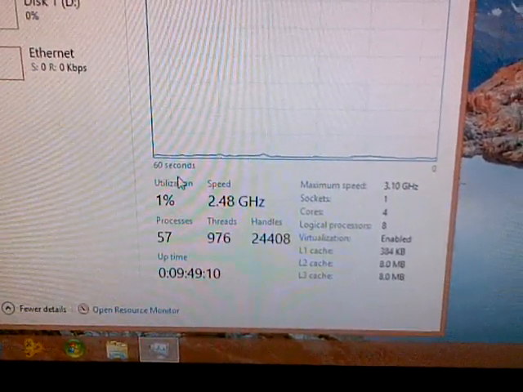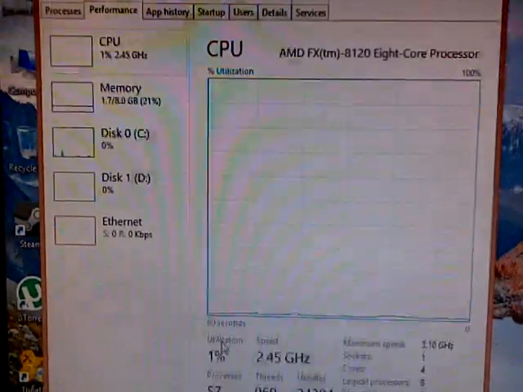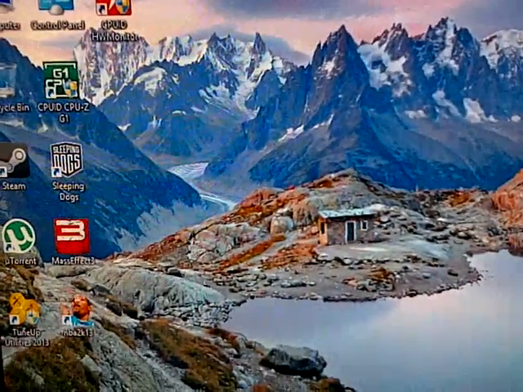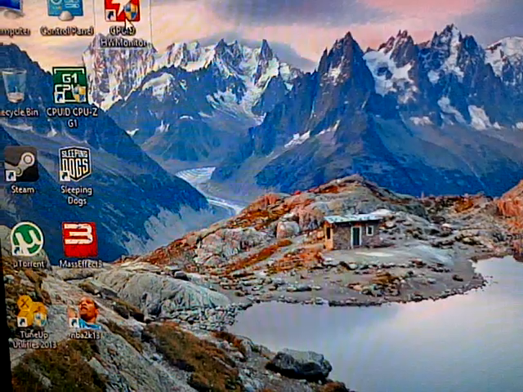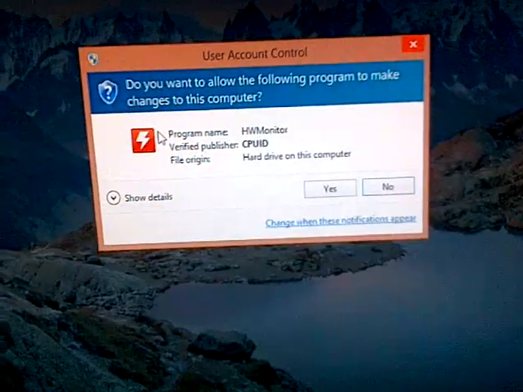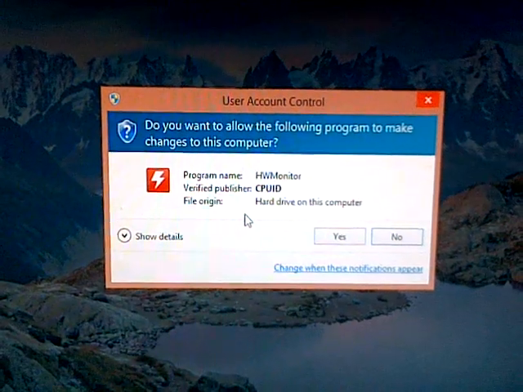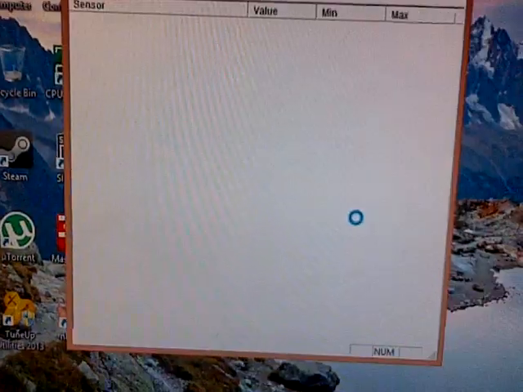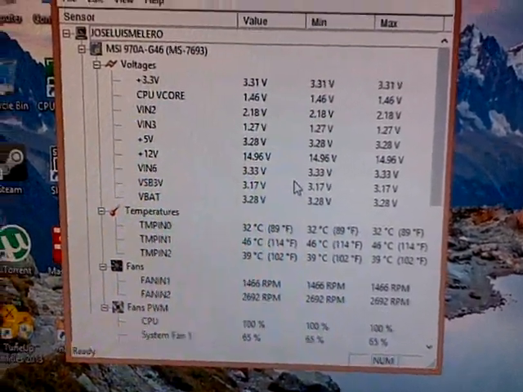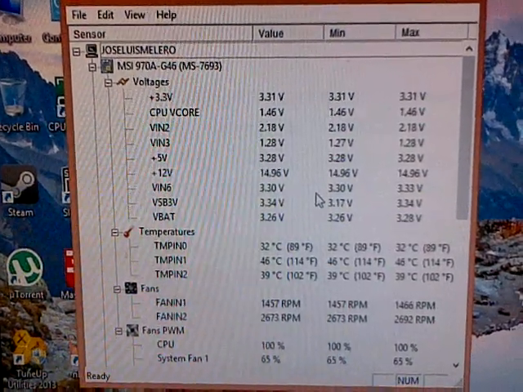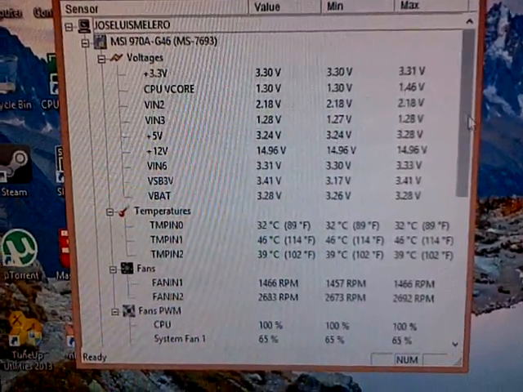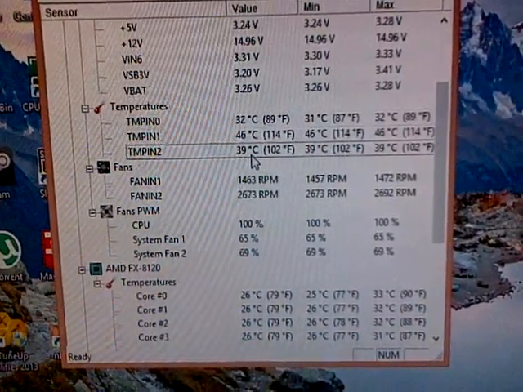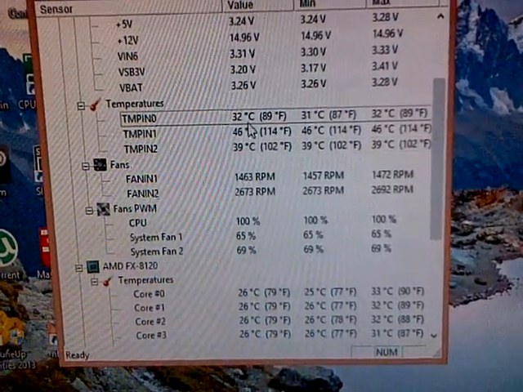It's incredible. It's able to keep my CPU temperatures well under, in the 30s. Sometimes it'll bump up to the 40s, but it usually stays. I'm using a program here called CPUID HWMonitor, and it's going to show you the temperatures. I'm going to pinpoint the temperatures. These are the voltages for my MSI 970A-G46. A little down, these are the three temperatures for all three devices. That's my processor